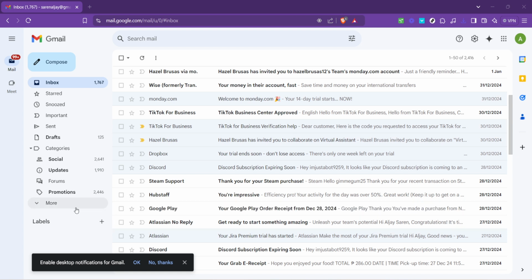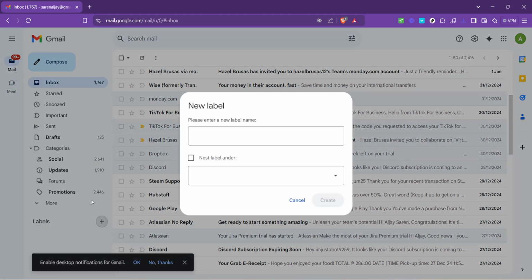You might be familiar with traditional folders in other email systems, but Gmail uses labels, which function similarly but offer more flexibility. To create a new label, you'll want to look for the Labels section on the left side of your screen. If you're having trouble locating it, it sits right beneath the Compose button and above your list of current labels and categories. Here you'll notice a little plus icon next to Labels. Clicking on this icon is your first step toward email organization nirvana.